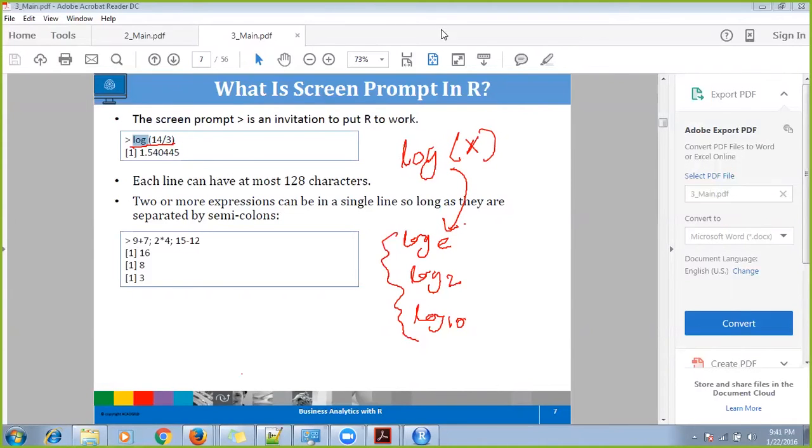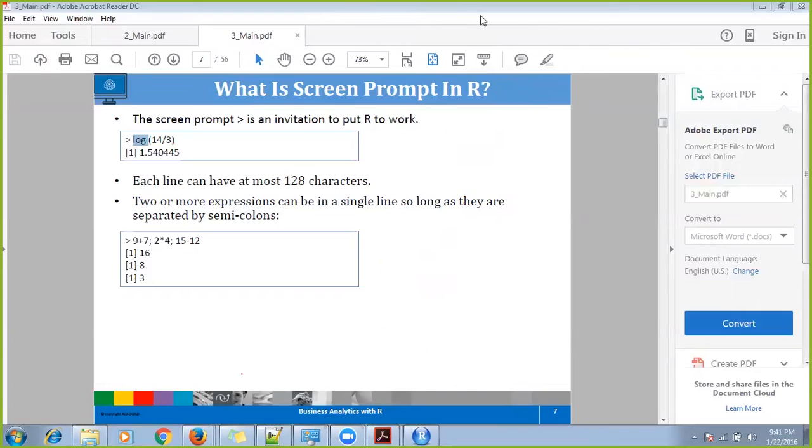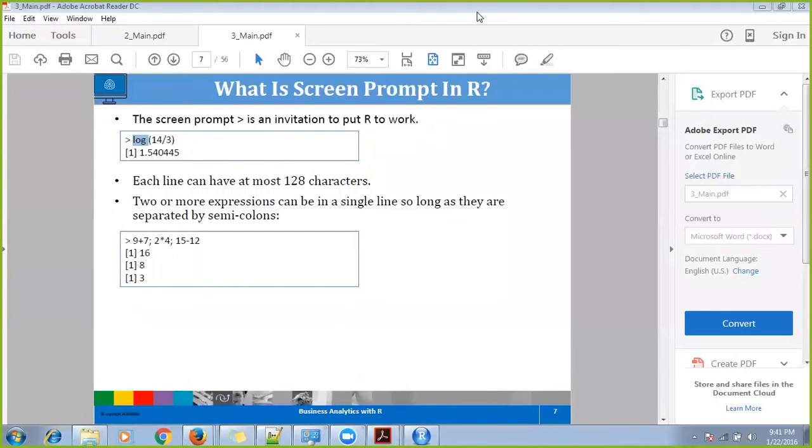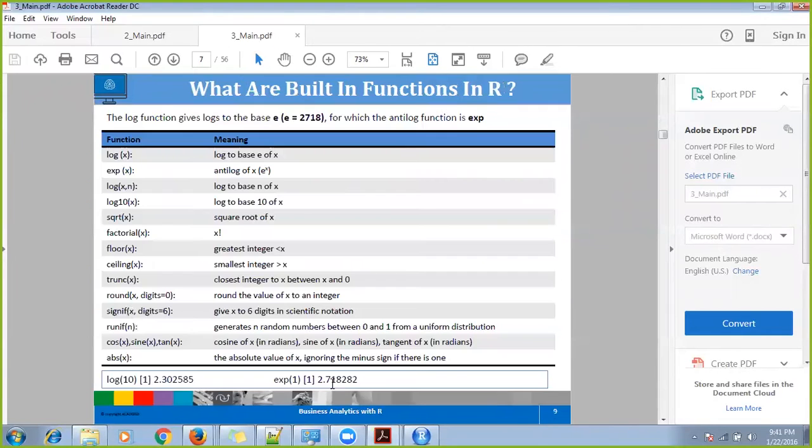So similarly, we can also have other common built-in functions. These are like log x. Log x is base e. Exponential, if you want to do exponential, e to the power x, right? Where e is nothing but 2.718. There is a typo here, don't worry. 2.718 is your e value. If you see here, 2.718 is your e value, where you should be putting a point here. Okay, we forgot to put a point here.